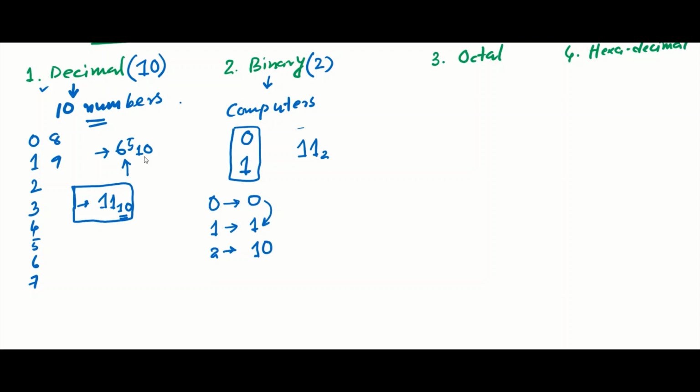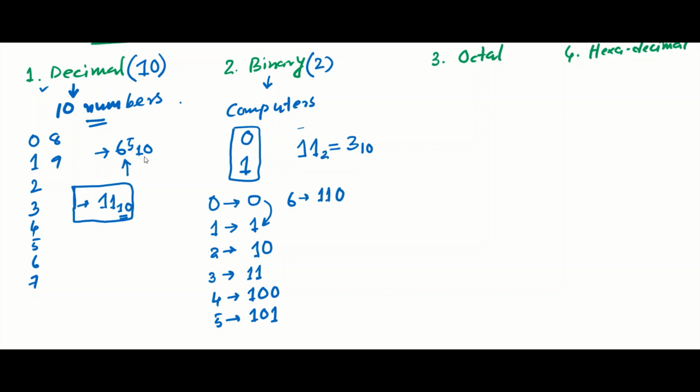Later, I'll tell you how we can convert a decimal to binary. Similarly, 3 will be the next combination, so we can use the next two ones. Now this is equivalent to 3 in decimal. So what about 4? 4 is 100, 5 is 101,